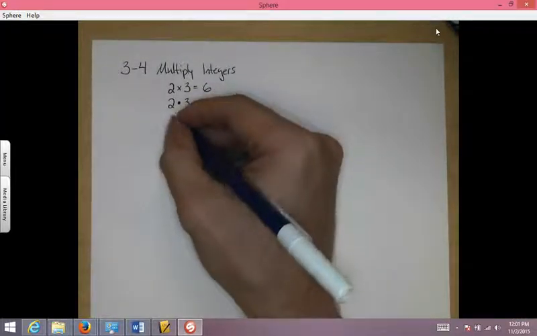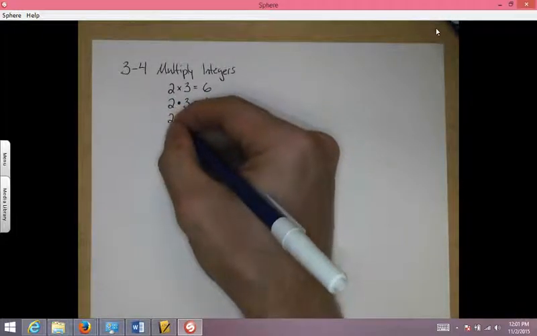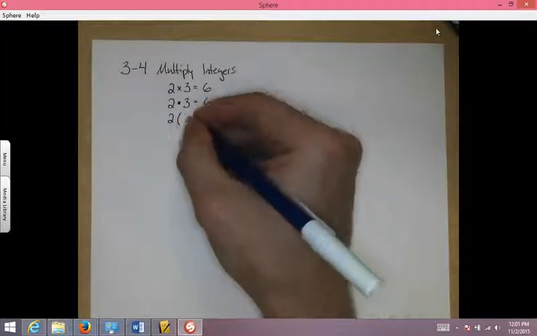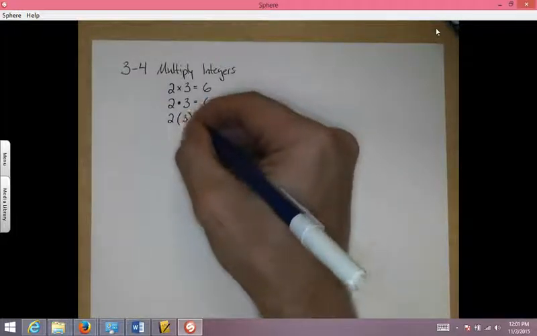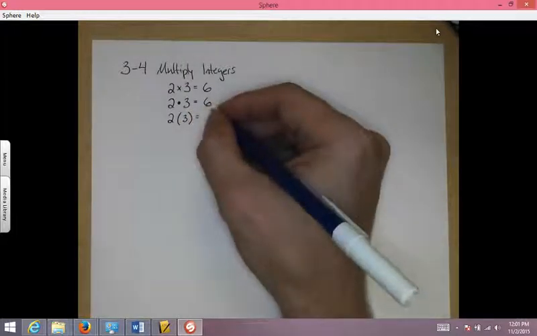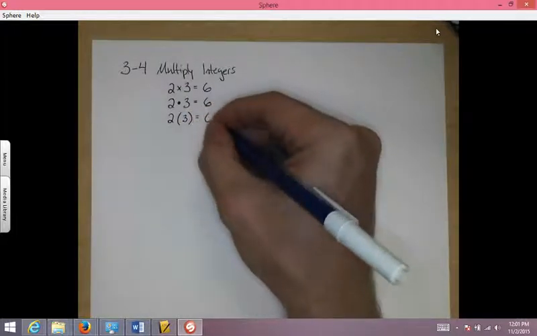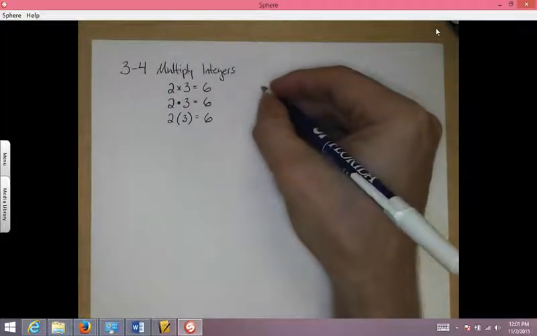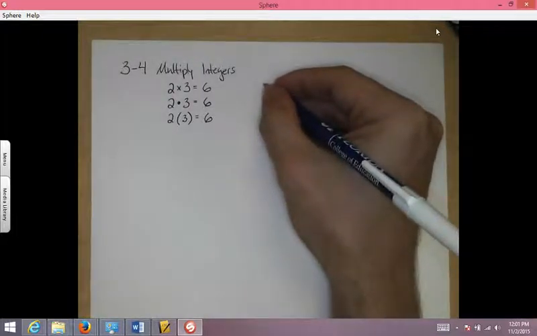And here's another way that you may have recently seen for the first time, and that's when something touches parentheses. Anytime you have a number or letter touching parentheses directly, that means multiplication. Not to be confused with when we have addition or subtraction problems. For example,